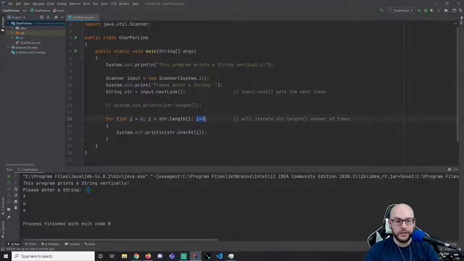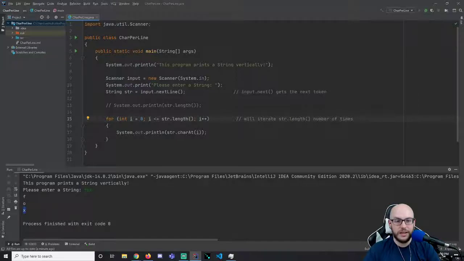We do an I++. I is now 2. We'd go into the string at index 2, which 2 is less than 3, by the way. We would go in the string at index 2. That's an X. We'd print off the X. We do an I++. I is now 3. We would ask, is 3 less than 3? No. We would stop there, and that's good because if we did one more iteration,